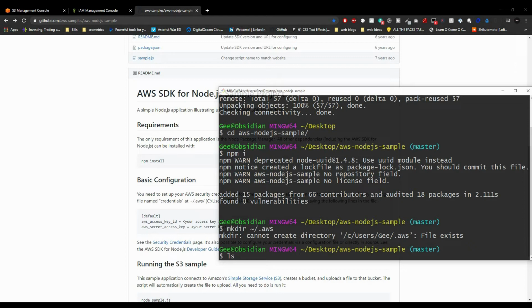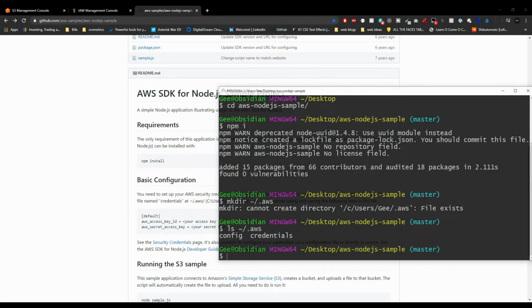ls tilde / dot aws. I already have it. What? That is crazy. All right, cool. So when you actually, I'm gonna still do it anyways. So do this